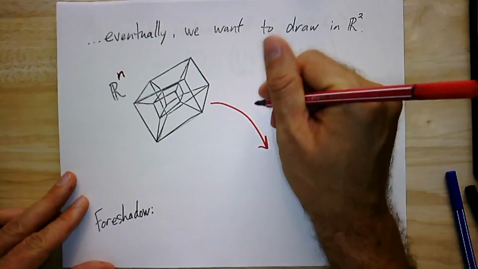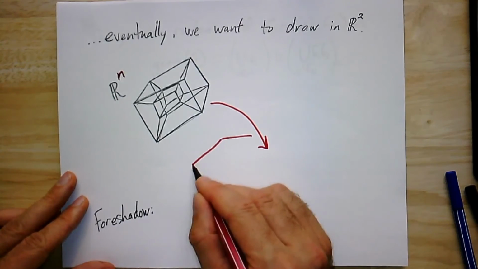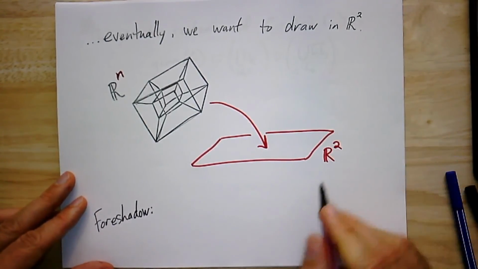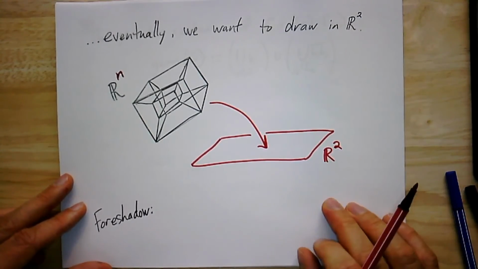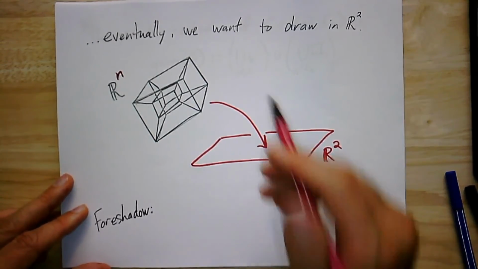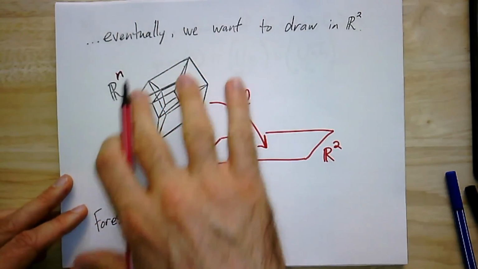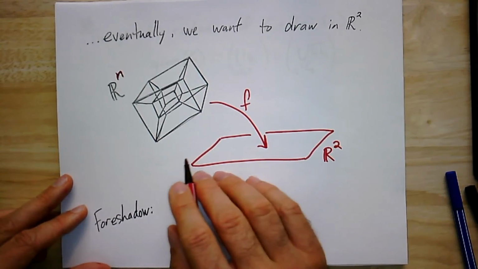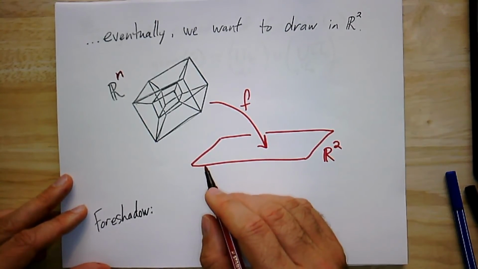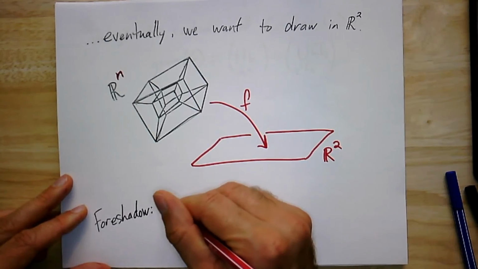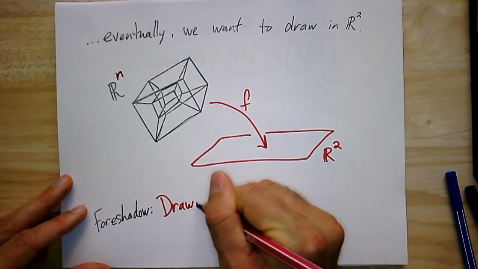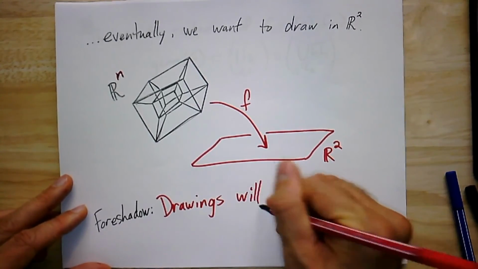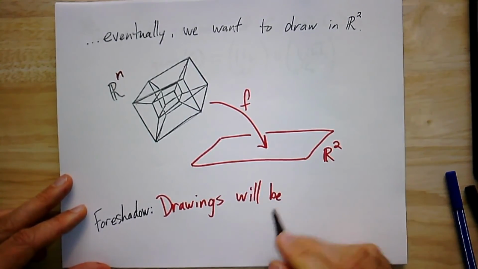We kind of want to get it down into the plane. This is most of what the drawing will do. We'll also talk about drawing in R3. But we want some kind of mapping that goes from high dimensions down to low dimensions. And we'll get there. In fact, I'll just spill the beans a little bit, it's kind of a foreshadowing: when we talk about drawings, what we really mean, I'll use the future tense here, they will be, when we properly define them,